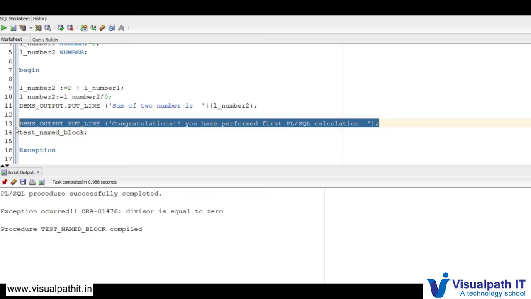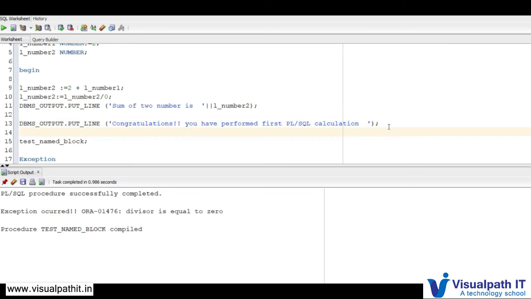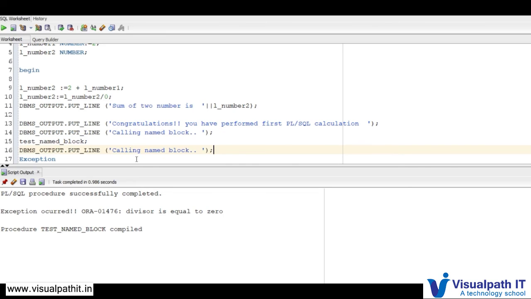I can write here calling named block, and here we can write named block is successfully completed.